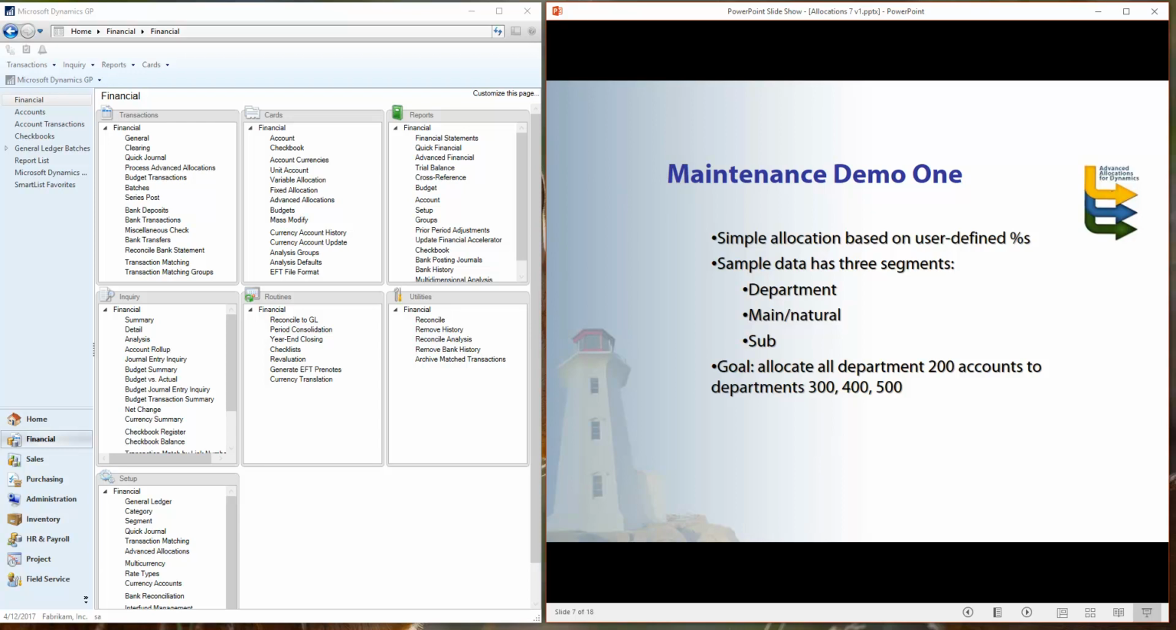The general ledger chart of accounts has 3 segments. The first segment is department. The next segment is the main or natural account. And the final segment is the sub-account. And our goal in this demonstration is to allocate all of the accounts in Department 200 over to Departments 200,